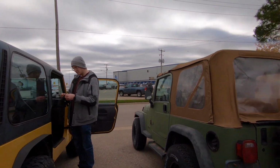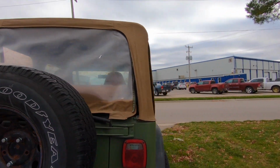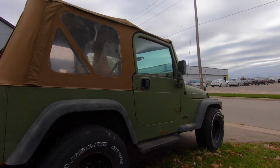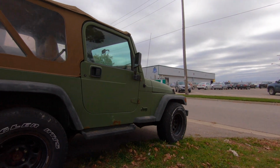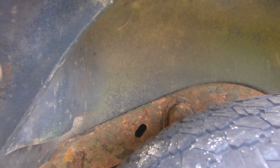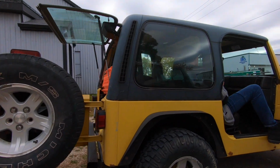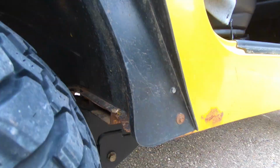And check out this guy's Jeep. It's pretty nice, nothing too special. I kind of like the army green. But it is rotting out a bit, as you can see inside there. No bueno, no bueno at all. And if you look at mine, she's in a lot better shape. So